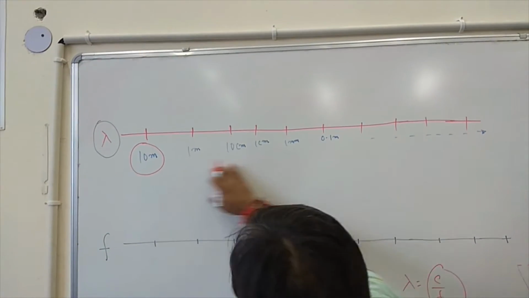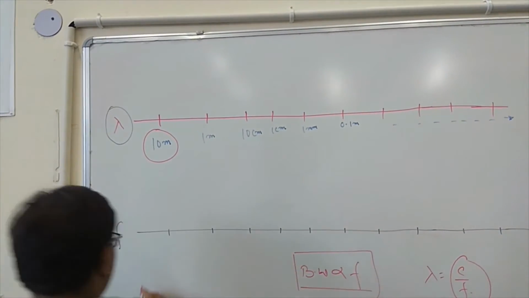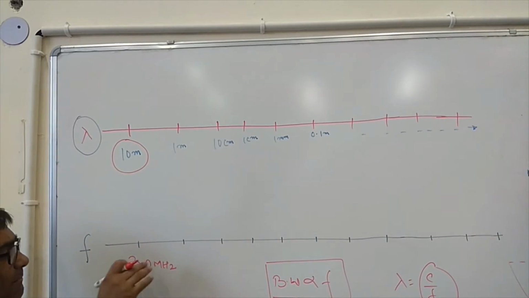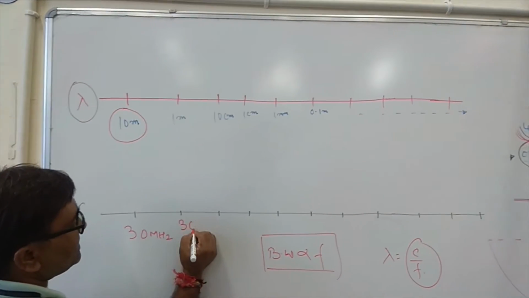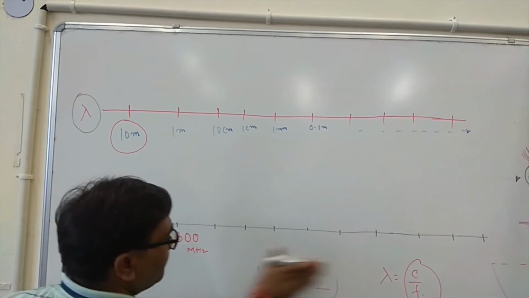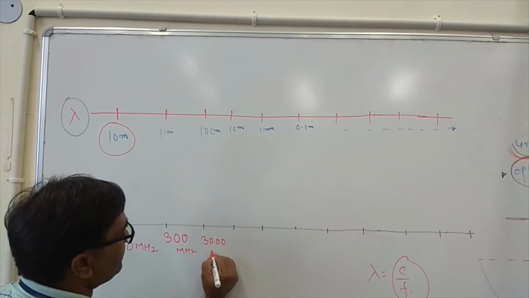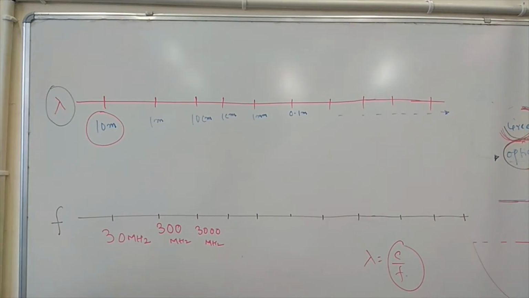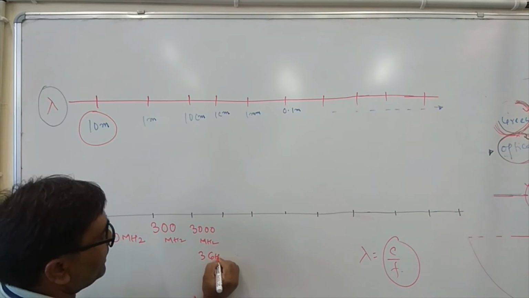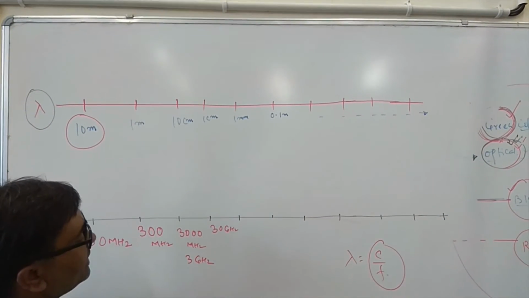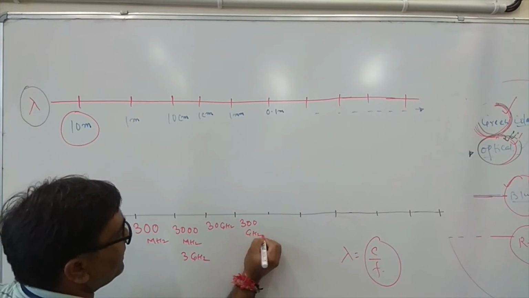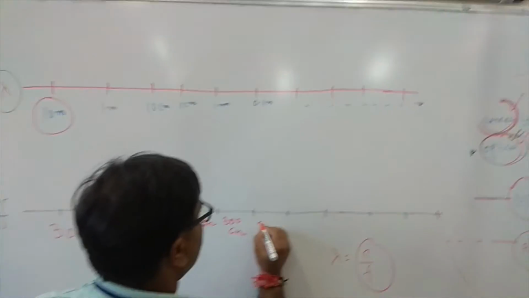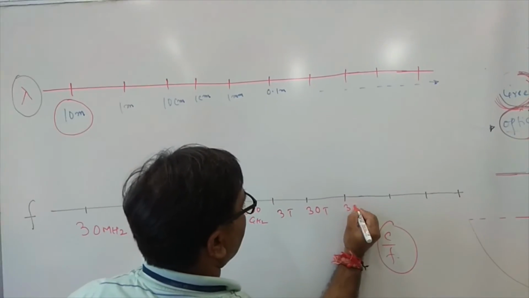So no doubt if the wavelength decreases, frequency will increase, and here is nothing but this is the 30 megahertz. अब यहाँ पे 10 से डिवाइड किया है तो यहाँ पे क्या हो जाएगा बेटा, 10 से मल्टीप्लाई, right. So 30, उसके बाद 300 मेगाहर्ट्ज, फिर 3000 मेगाहर्ट्ज and like this. 3000 मेगाहर्ट्ज को आप बोल सकते हैं 3 गीगाहर्ट्ज, फिर 30 गीगाहर्ट्ज, फिर 300 गीगाहर्ट्ज, right. उसके बाद आप डायरेक्टली लिख सकते हैं 3 टेराहर्ट्ज, 30 टेराहर्ट्ज, 300 टेराहर्ट्ज,